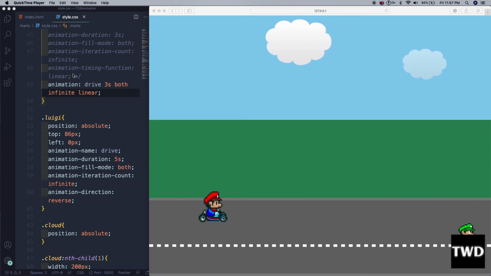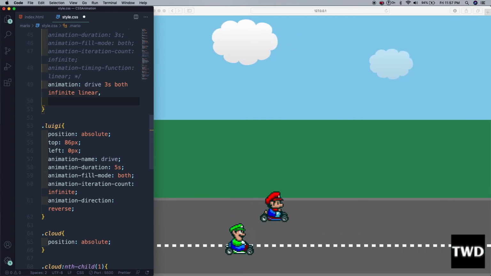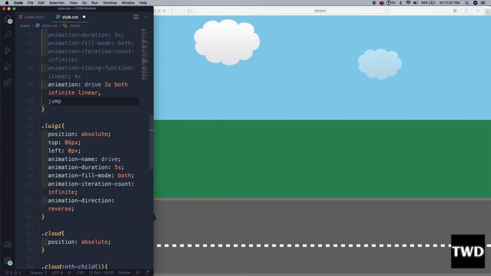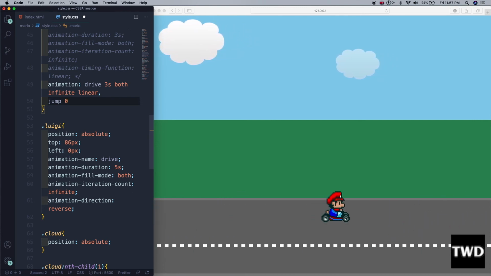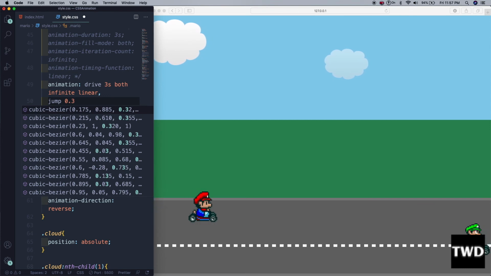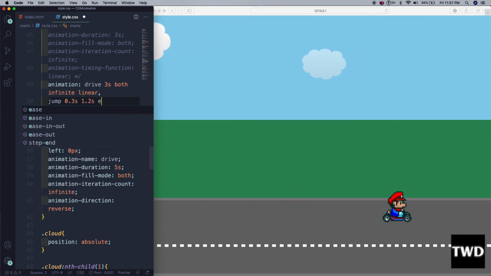Now we will add another animation to Mario. To add another animation, we can put a simple comma here, and then that will be a jump animation. We are soon going to write the keyframes for that. So 0.3 sec, 1.2 sec, and it will be ease instead of linear.